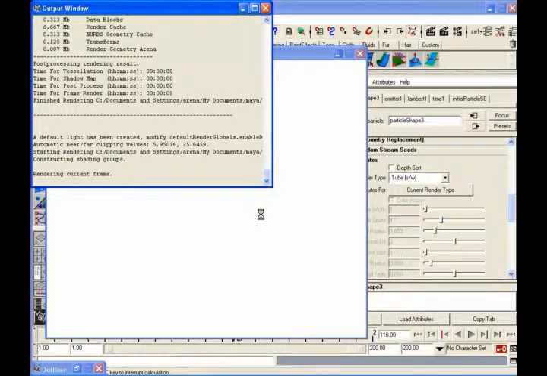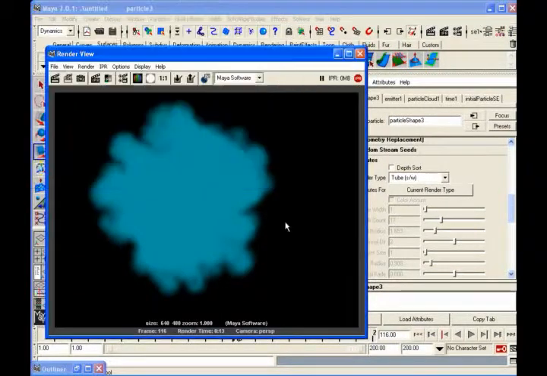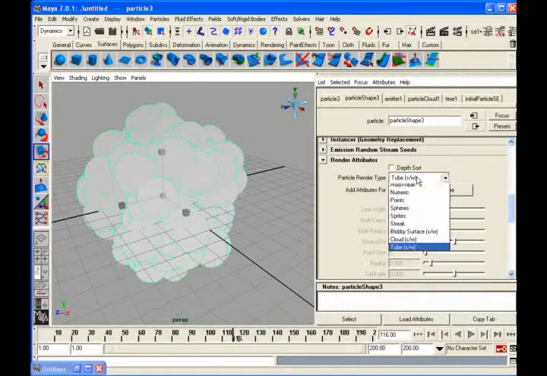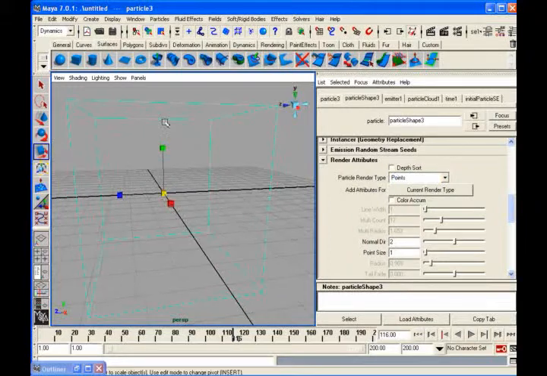Is it a water, is it a smoke, or just particles like rain or something? You can change all these things. Okay. Depth shot is nothing but camera viewing. Like points, if I say you can't see the depth now, presently they are totally flat. If I say depth shot, while rendering it will show what is front and what is back also, like that.